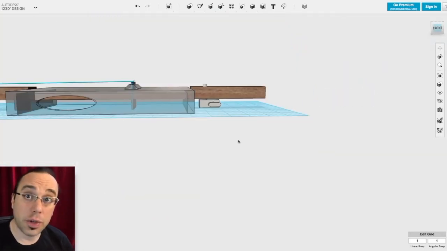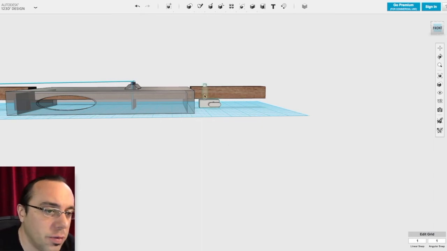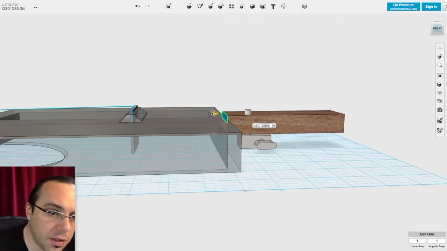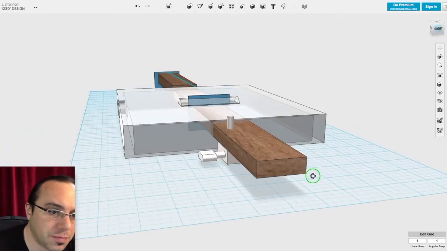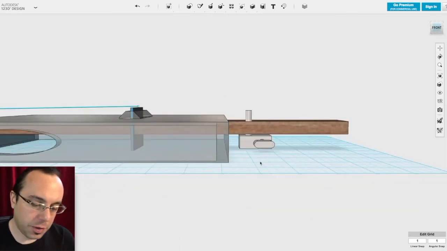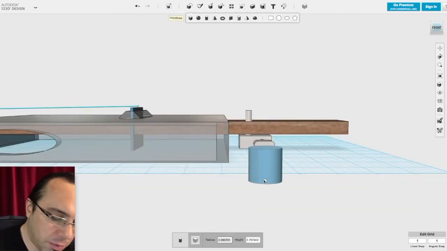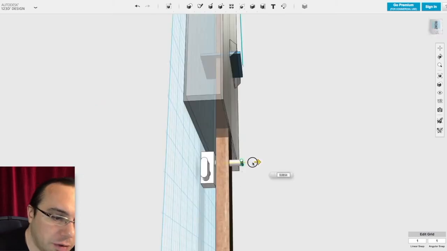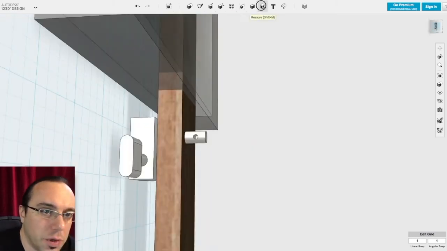Now here's where CAD kind of comes in handy, because I can see right here that we're going to have problems with the shaft. So I'm going to take this end here and push it. And we'll end up with something that looks like that. And let me grab this tuner real quick. The hole on the bottom of our tuner, or the hole through where the string goes, is down about there. We can double check that by